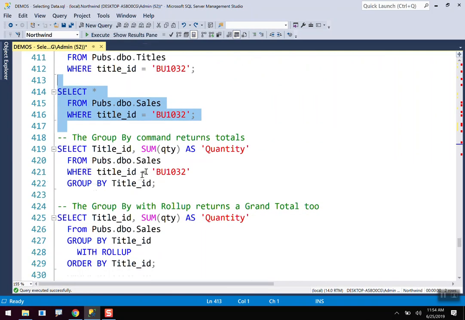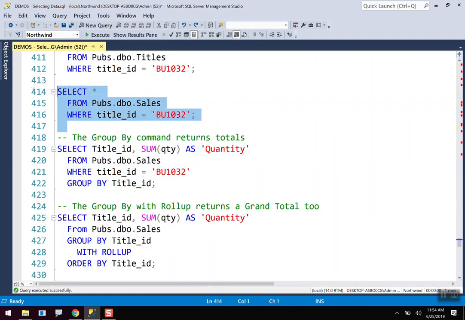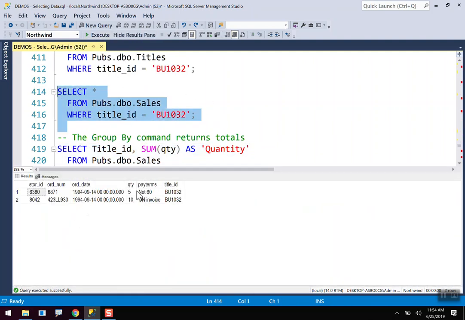I'm going to group those sales of that particular book together by using the group by statement like we did earlier, with a sum of 15. Five and 10,